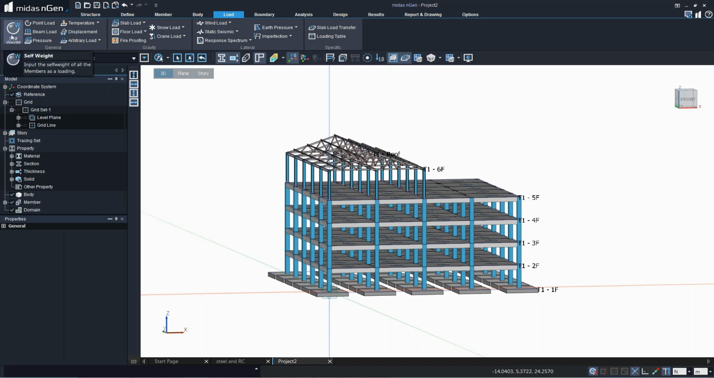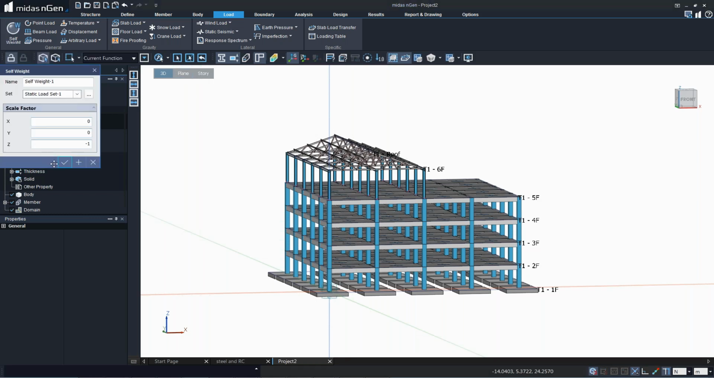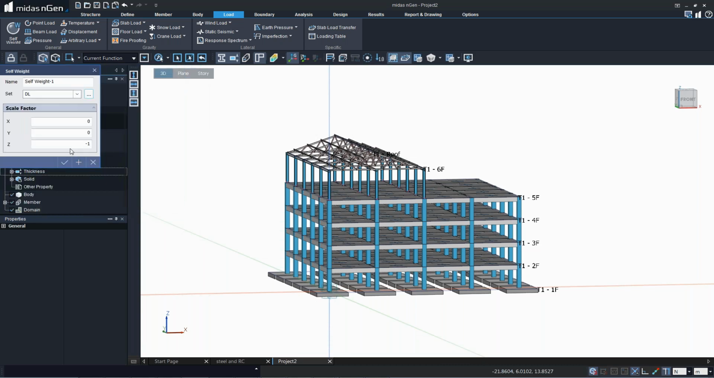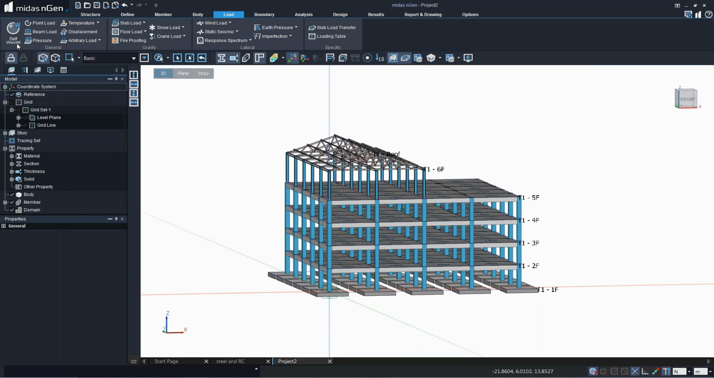Okay, so self weight will be applied, and that will be under the dead load set. So we are defining dead load and live load sets right now. Under the dead loads, self weight is assigned. Now let's assign the dead loads and live loads for our RC slabs, and that will be done using the